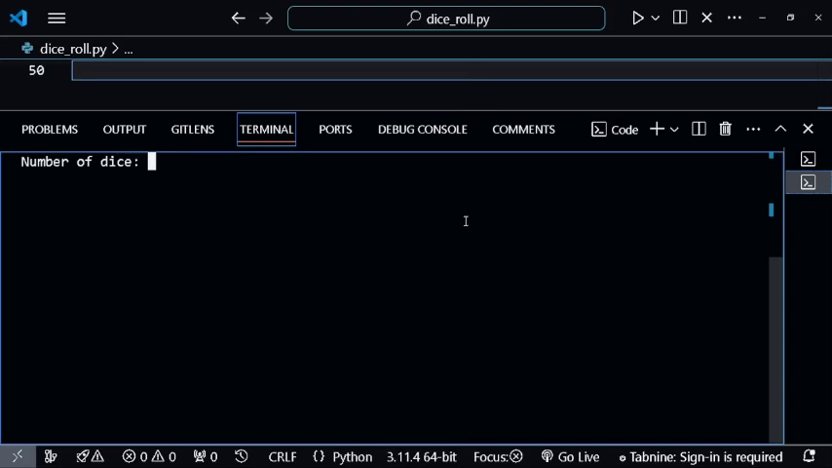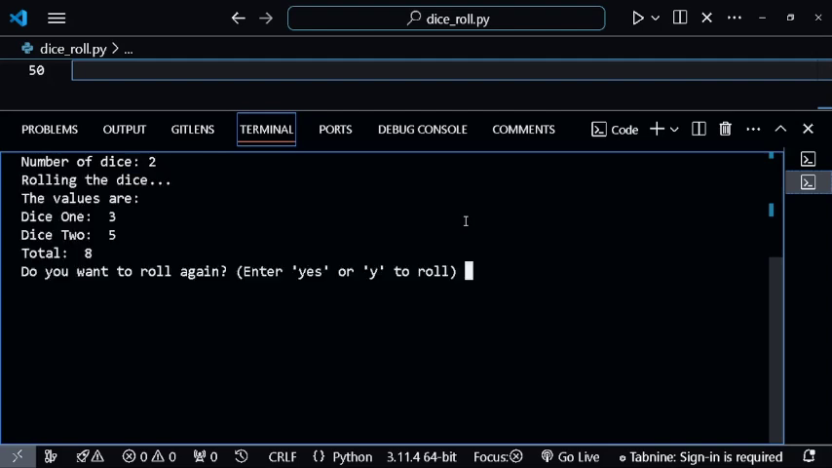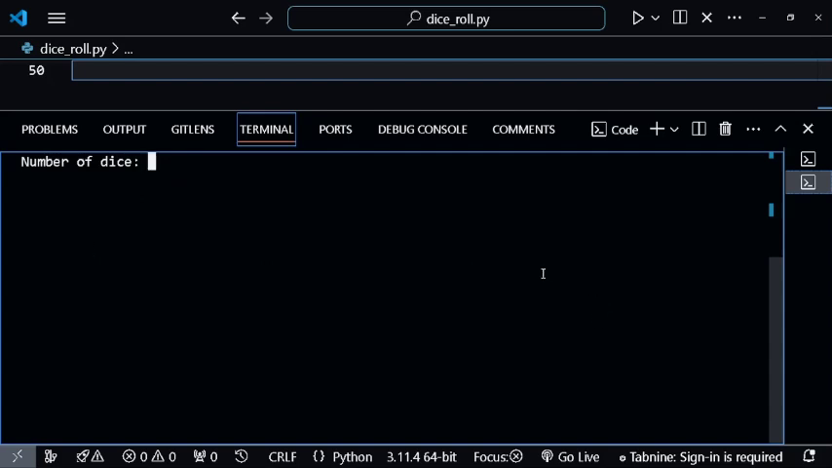So in this tutorial, we're going to create a dice rolling simulator with Python, where you can just enter the number of dice you want to roll, either 1 or 2. So if I enter 2 here, it just rolls the dice for me, picking randomly, and now it's giving me 3 and 5, and the sum of 8. Then it's asking me if I want to roll the dice again. So if I pick yes again,